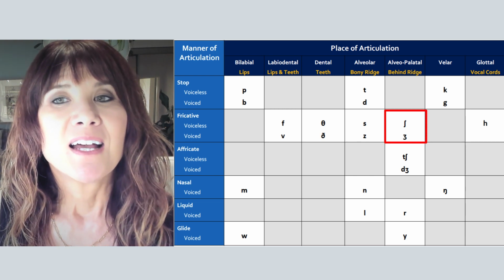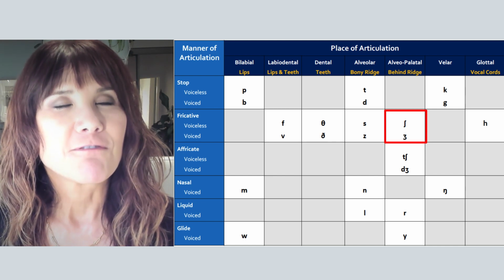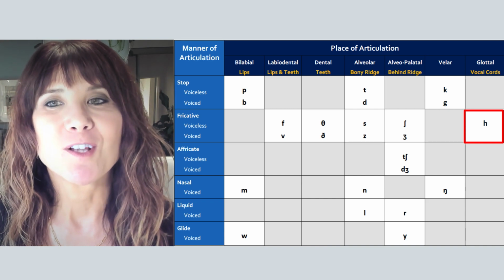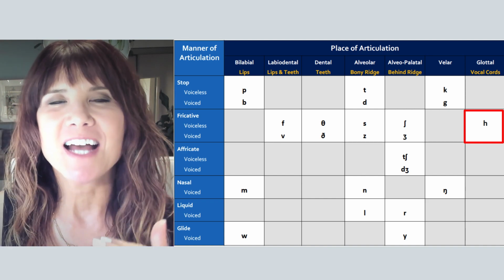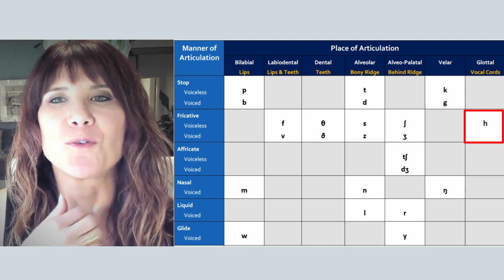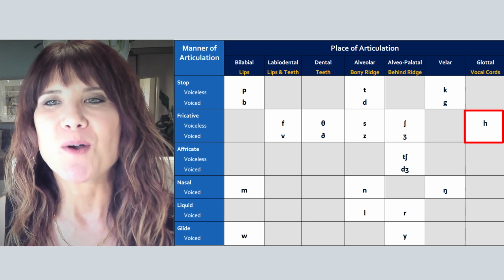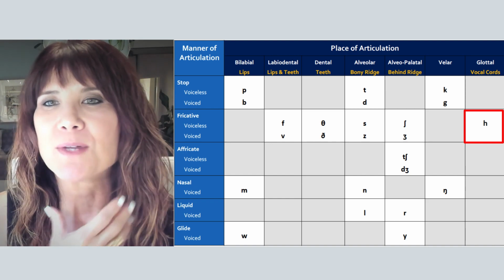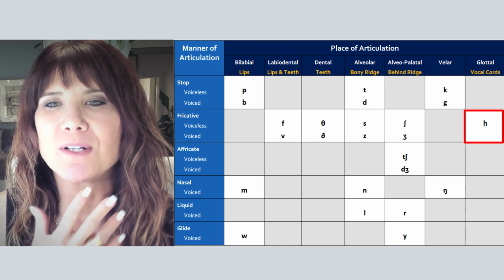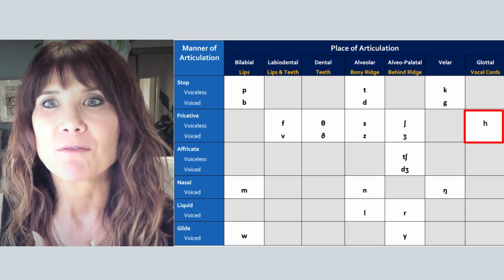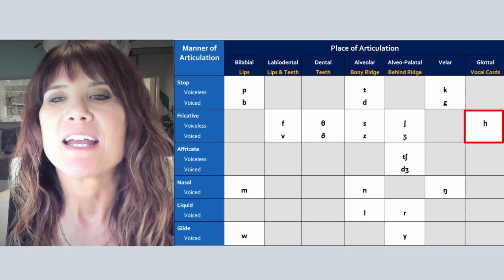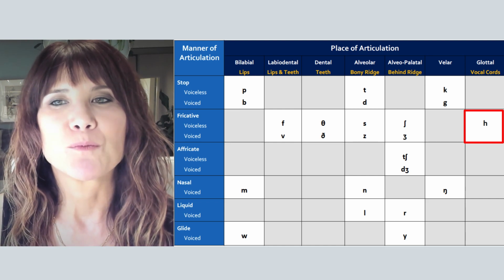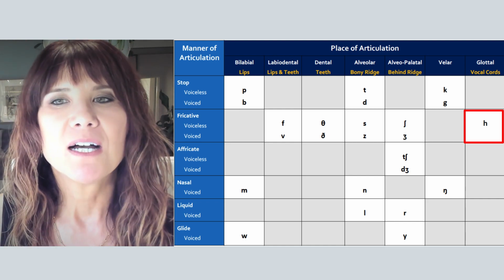Okay. So those are the alveopalatal fricatives. Let's move to the glottal fricative. So glottis, remember, the glottis is just that space between the vocal folds in your throat. So the glottal fricative sound, really your mouth is not doing anything. What's happening is your air is coming through the glottis, okay? And we can make a whispery sound,